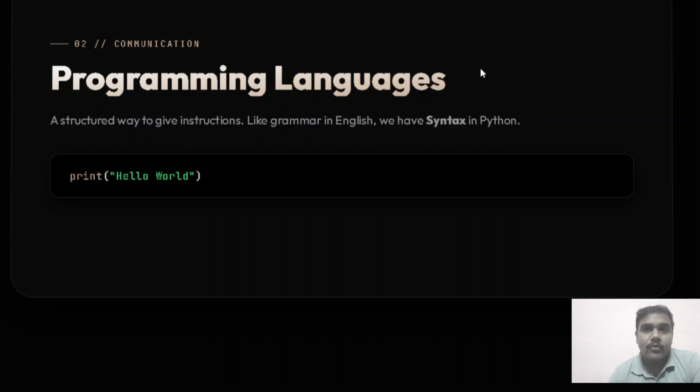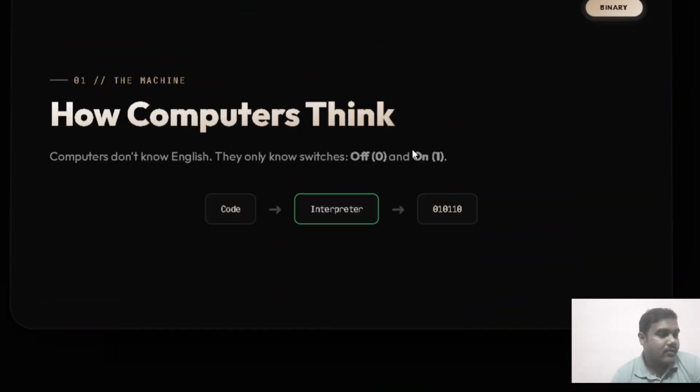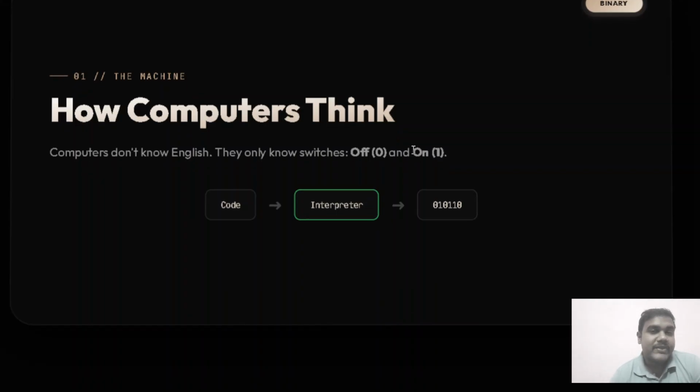Now computer, what is computer? Computer is just a machine. We need to tell them what to do, but we don't know computer's language because computer understands only zeros and ones. So here comes the programming language like Python, Java, JavaScript, etc. So we write or we provide some instruction in the form of programming language like Python, Java. Then there is a translator or interpreter, that will be more specific word or more relatable word. Interpreter. Now this interpreter interprets some language into zeros and ones, and computer finally gets that as its instruction.